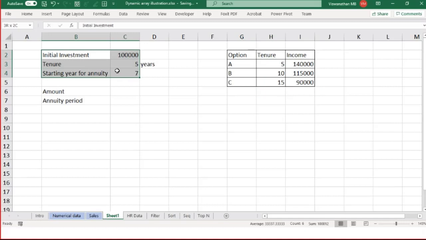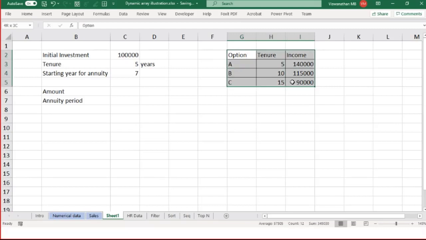Now, this set of values has nothing to do with probably this set of values, right? My 1,40,000 has nothing to do with this text here called initial investment. Just like these two are unrelated, as far as Excel is concerned, even these two are unrelated. It doesn't know the relationship. You and I know it because for a human this is readable. A machine does not read the relationship. But when you mark this area as a table, this relationship gets shown.